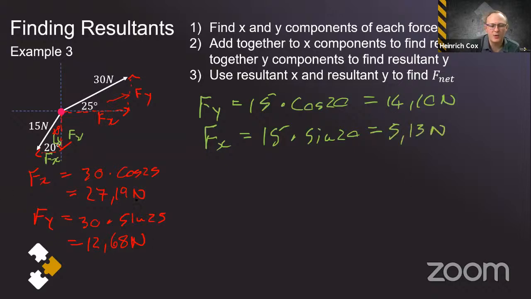Okay, and here it might be useful just to note that this here is to the right, this here is up, this Fy here is down, and this Fx here is left. Okay, so basically what we now have is instead of these two original vectors, we've got the four components, right? So we've got one Fx going this way, we've